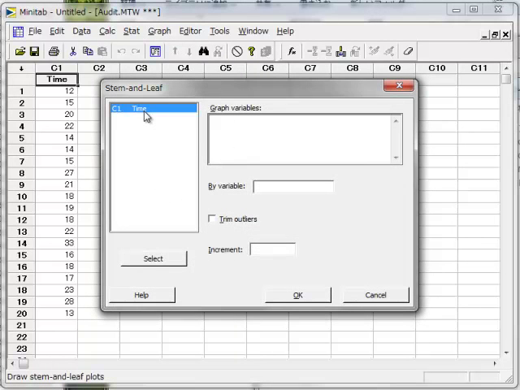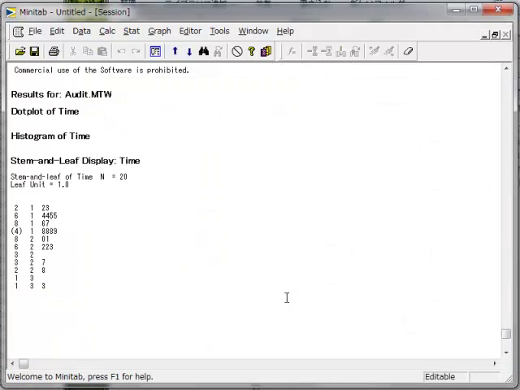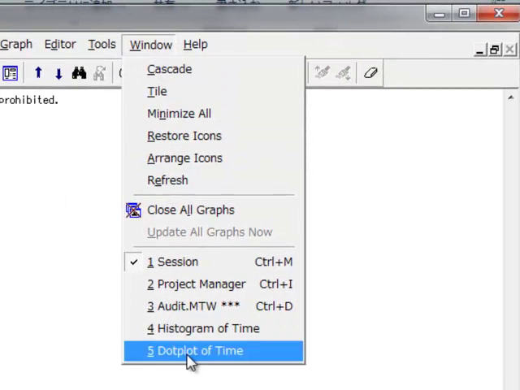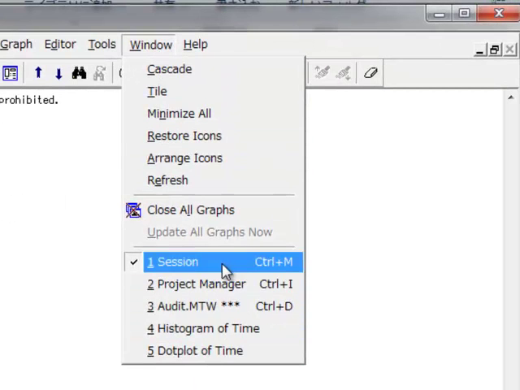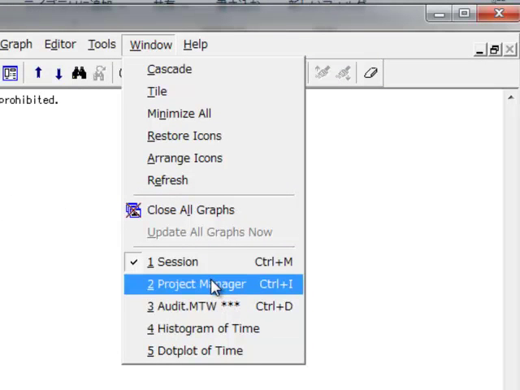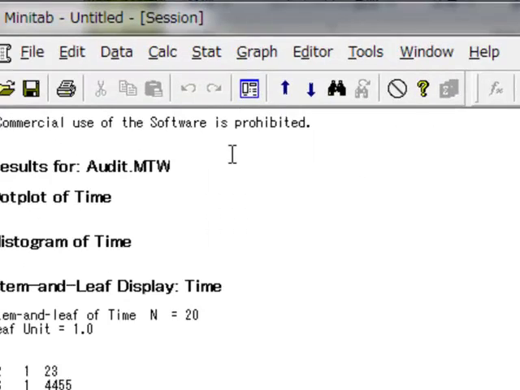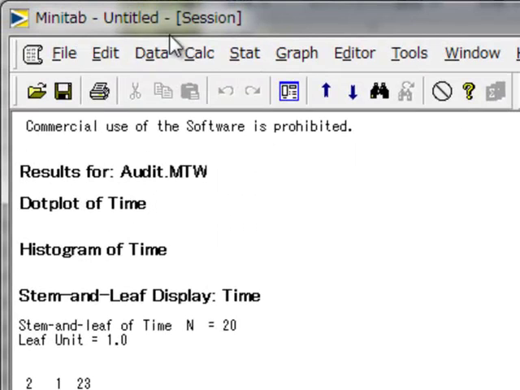Which variable do we want the stem and leaf of? Time. Let's see, I select it. Click OK. This time notice we got no dialogue. And also notice that this time, if we come here to window, there's no stem and leaf window. First time I saw this, I was saying, what the heck is going on here? There's no stem and leaf, but if you take a look, you look up here, you see we're in the